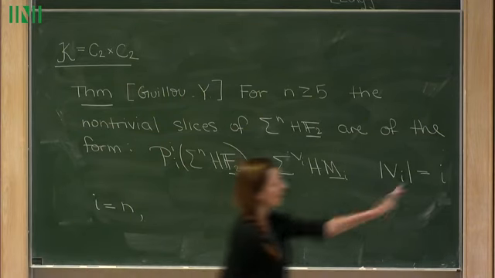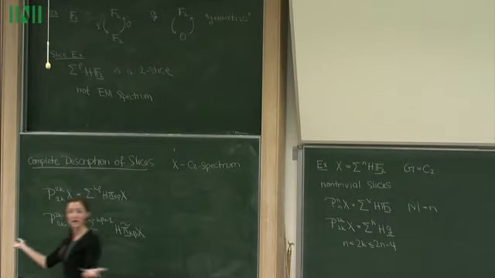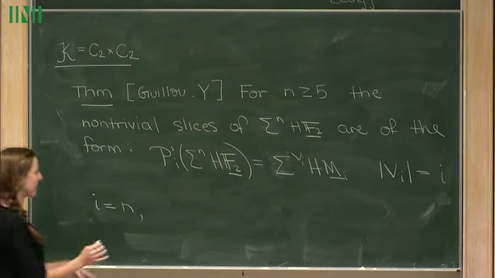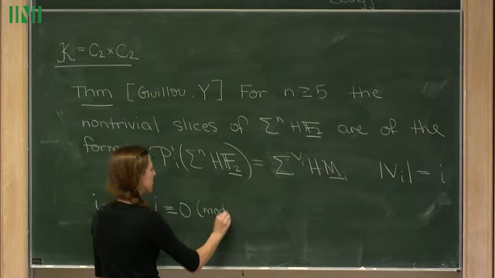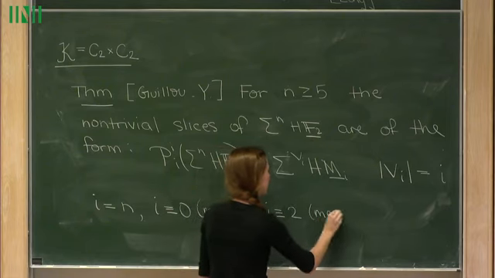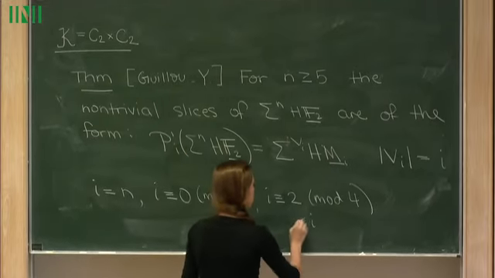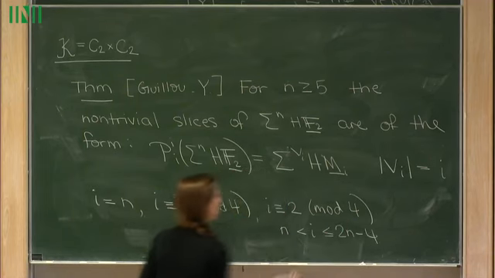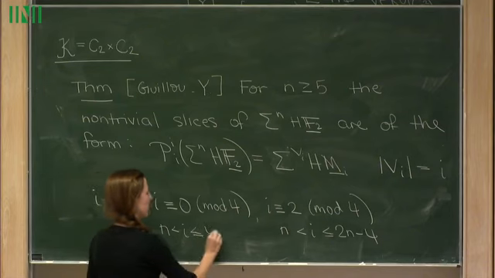So kind of like in our C2 case, we had this n slice, and then we had a bunch of higher slices. And we have that here, but not for all values of i. There it was just for even values, and here it's the same thing. But they appear in slightly different flavors. So we'll say when i is 0 mod 4, and when i is 2 mod 4. And the 2 mod 4 slices happen in the range from n to 2n minus 4. And the 0 mod 4 slices go up to 4n minus 12.